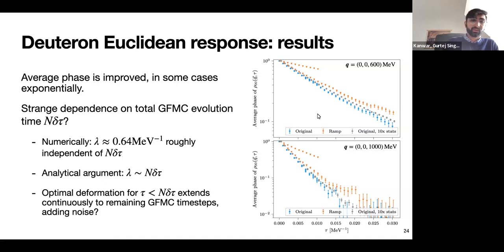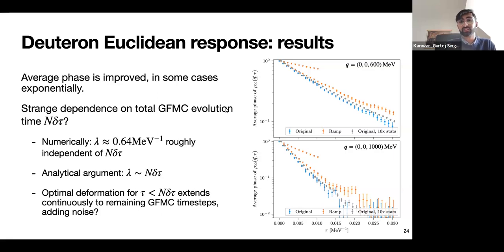And one can check this by considering the overall magnitude of the optimal ramp. We find this to be around 0.64 inverse MeV in some parameterization of that magnitude, which is independent of the total time, whereas the analytic argument, if you check it carefully, suggests that it should scale linearly with the total Euclidean time extent. And so our working theory here is that even though there might be some really